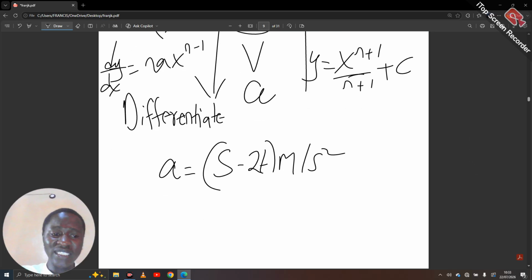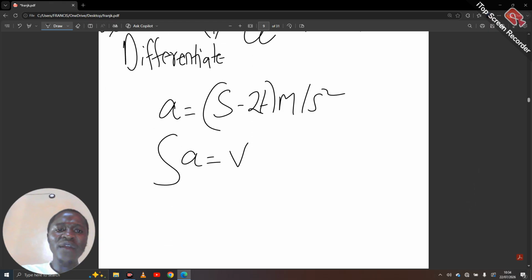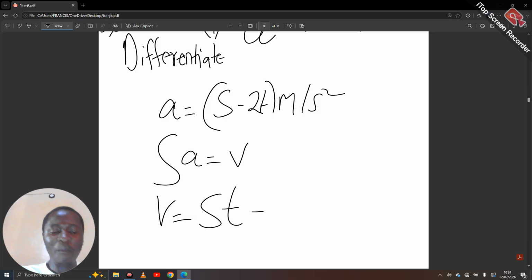Okay, what has the examiner given us? Acceleration. And what does the examiner want us to get? Velocity. Now, we are moving up. That means we are integrating. So we are integrating acceleration to get velocity. So that means velocity will be what? From the formula itself, that one will be 5t minus what, guys? Minus t squared